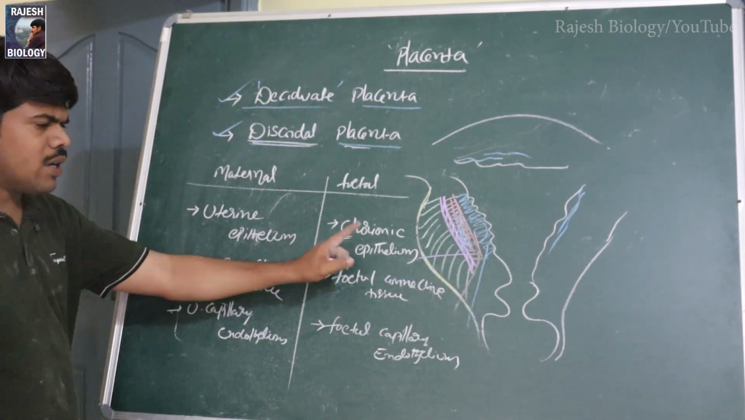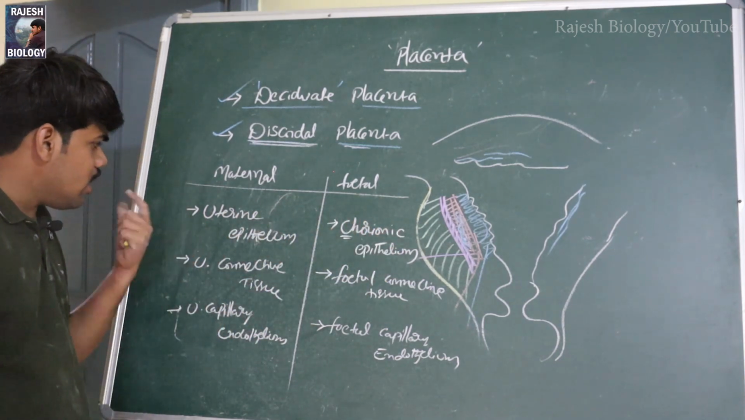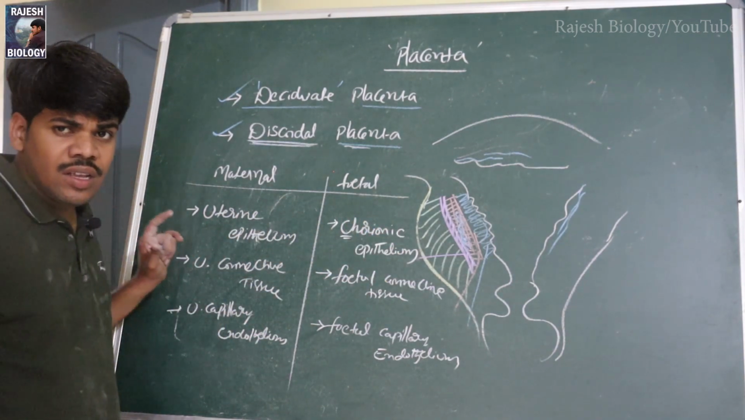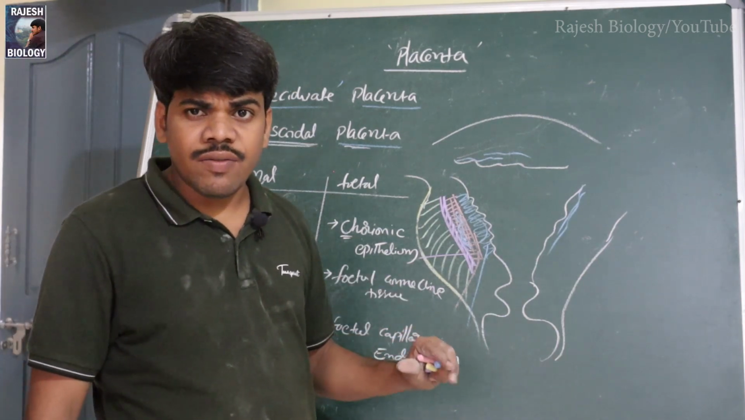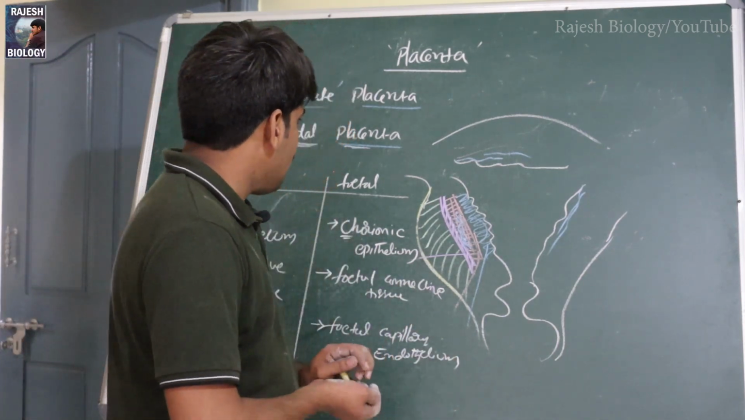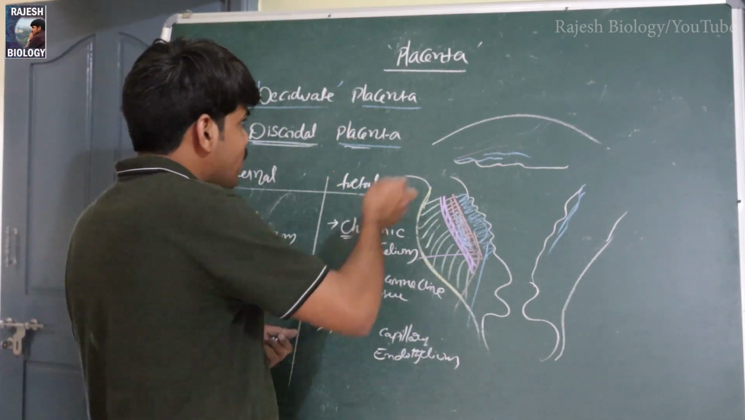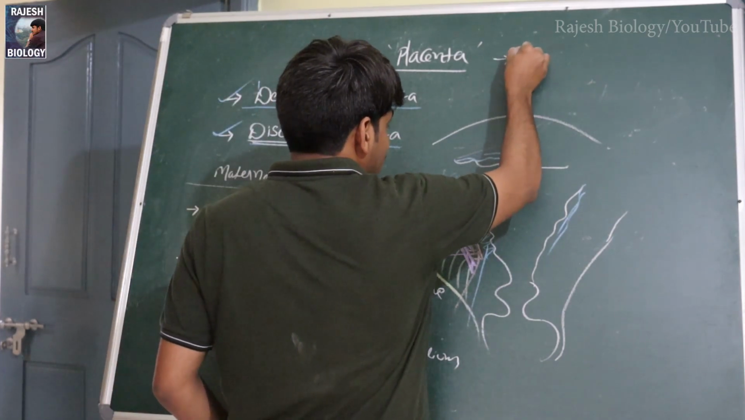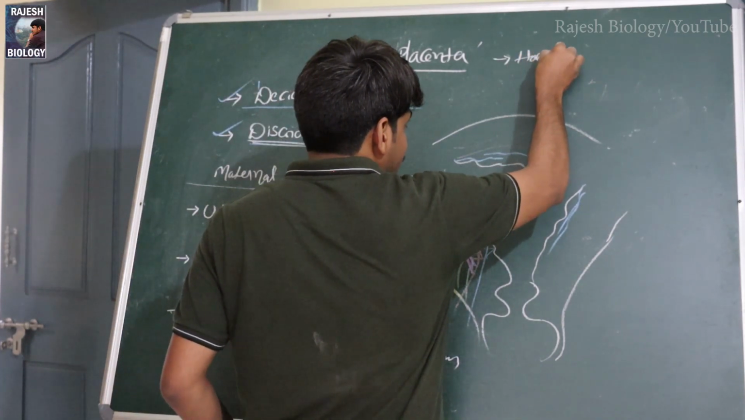These are the parts: the fetal part of the placenta, and this is the maternal part of the placenta. This is clear, right? And now come to the other two names of this placenta, that is hemochorial placenta,